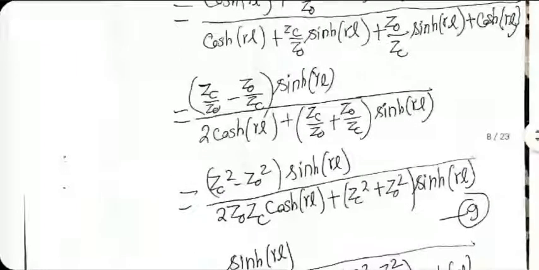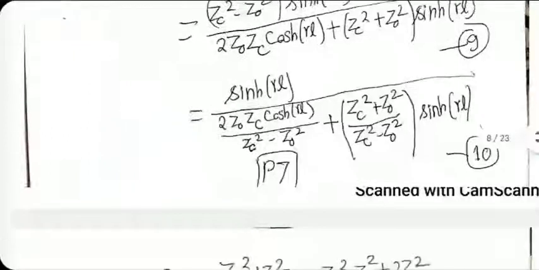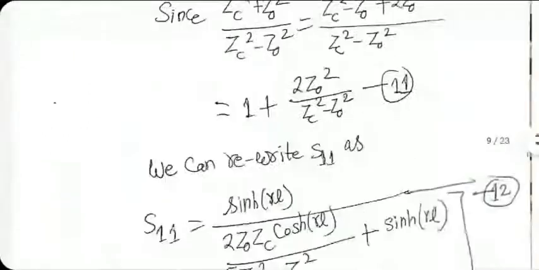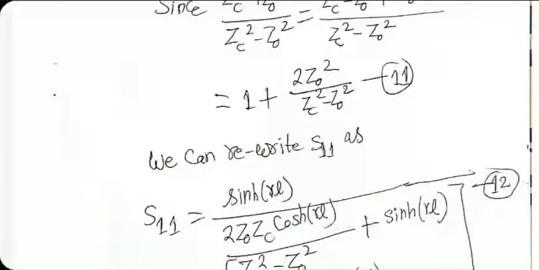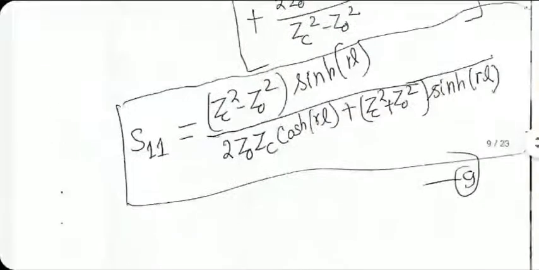But what I did was I went a little ahead. I multiplied numerator and denominator by ZC to come up with equation 9. And here, by the way, you see that if ZC happens to be equal to Z0, the answer is 0, which is what we expect. It can be rewritten in several different forms. The published form is this, which is what I think I got also.